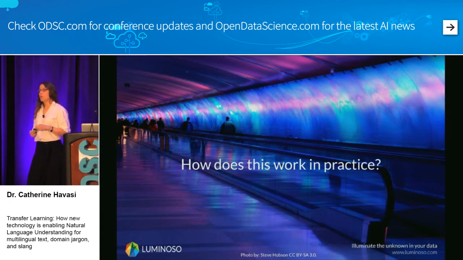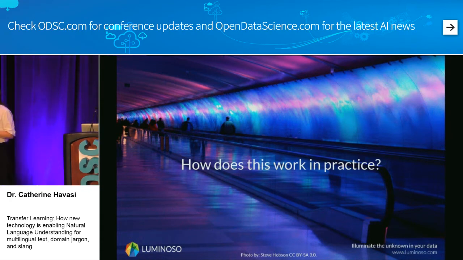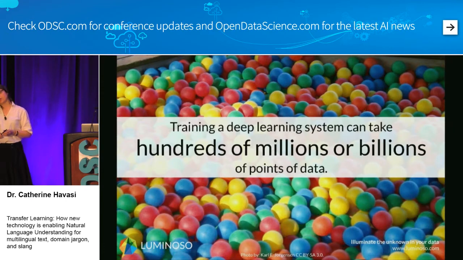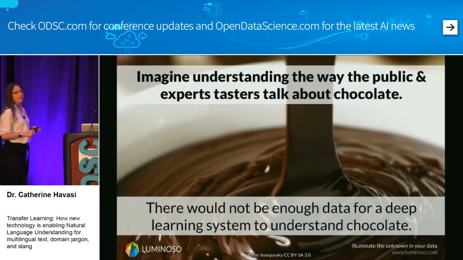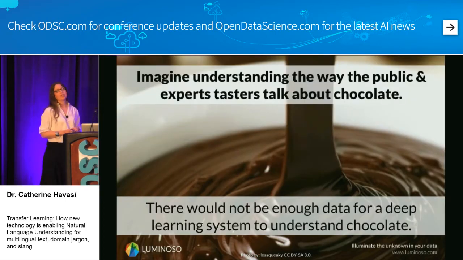Again, going back, the big issue here is that enterprises don't have the kind of data that we are looking for, right? So if we want to train a big model, it often takes hundreds of millions or billions of data points. People don't have that. So what we can do is start out with a general model and work down from it. Let's talk about text specifically for that. So let's talk about text in particular domains.